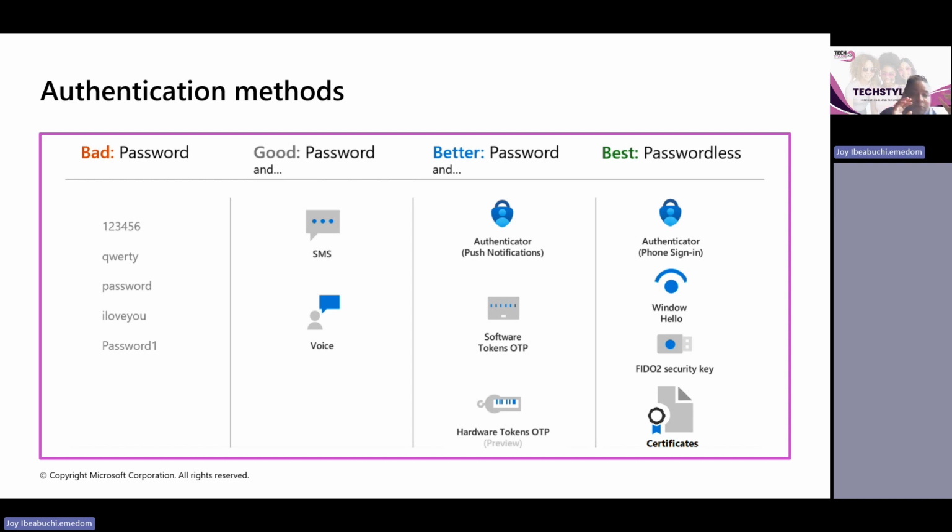Now we have 4 types of authentication method. Bad password is bad password. Password123, password. So Microsoft Entra has the ability to allow you to configure password complexity. You can say anybody that is creating a password that is categorized like this, you should not even allow it. So if I come to set a password, and I use a password like password or qwerty, these are common words that exist in the password dictionary. Microsoft Entra has the ability to say no, block it,